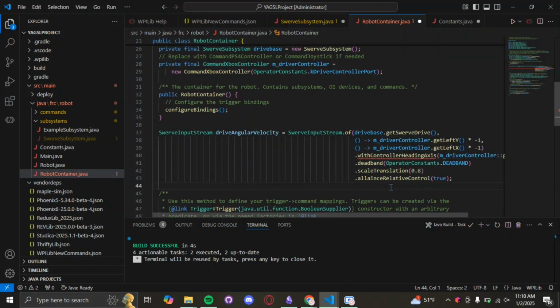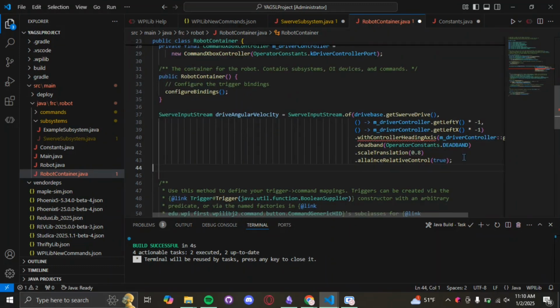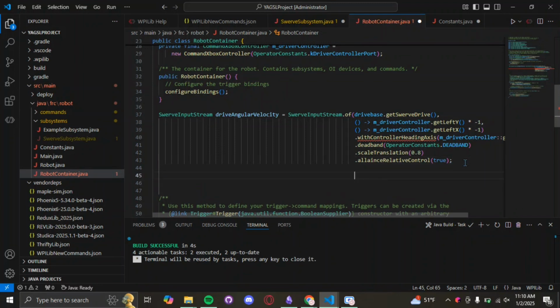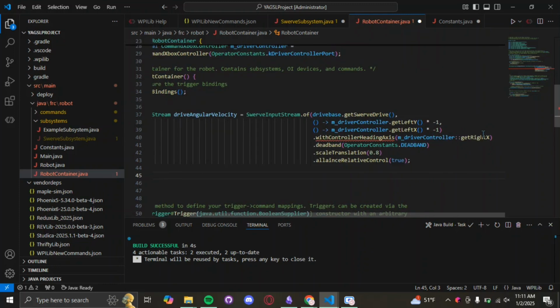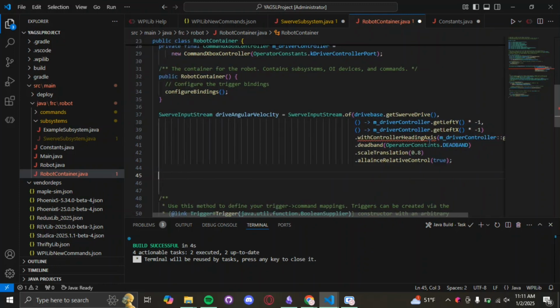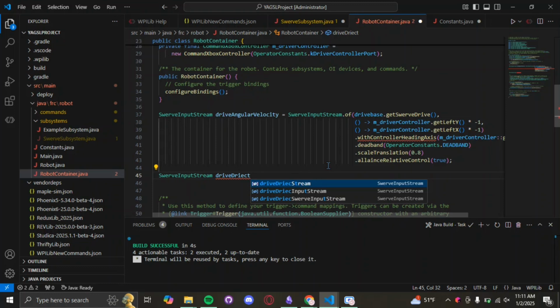I'm just going to leave that for now, and then we're actually going to move on to the next step, which is to get the direction. So basically, it's saying this is for the right stick, right? Usually your right stick is how you're going to be turning the robot, and so it's kind of mad that we haven't defined what that is yet. So we're going to call this driveDirectAngle,